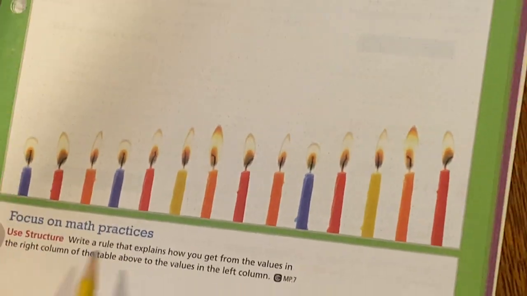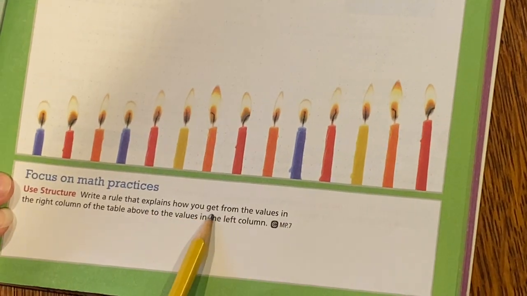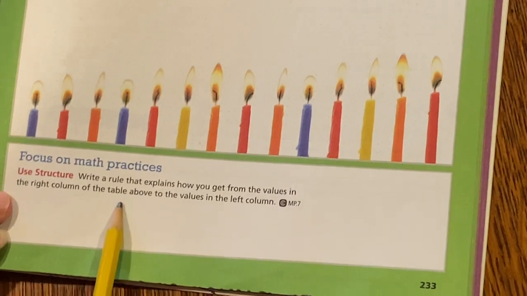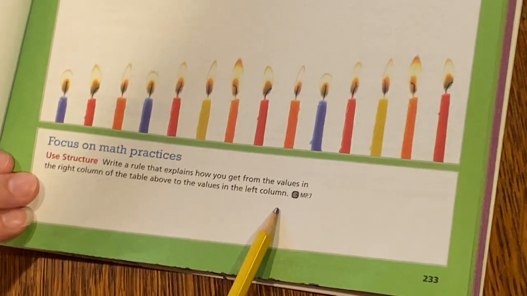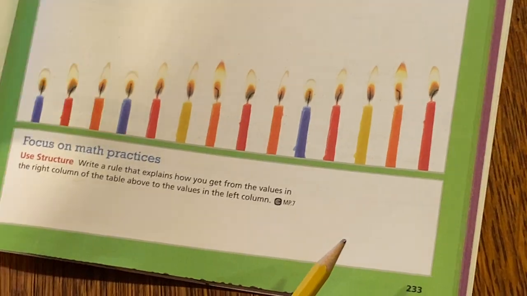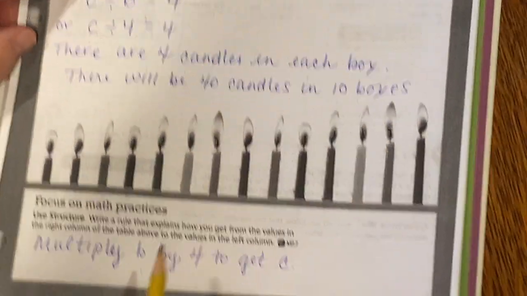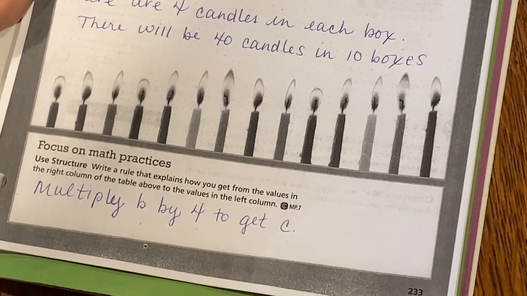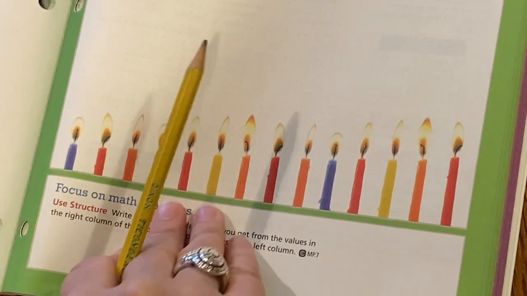Use structure. Write a rule that explains how you get from the values in the right column of the table above to the values in the left column. And what do you do? You multiply B by 4 to get C. Okay? All right, let's look at the next page,